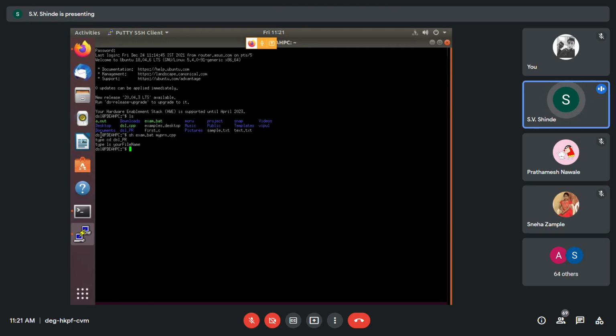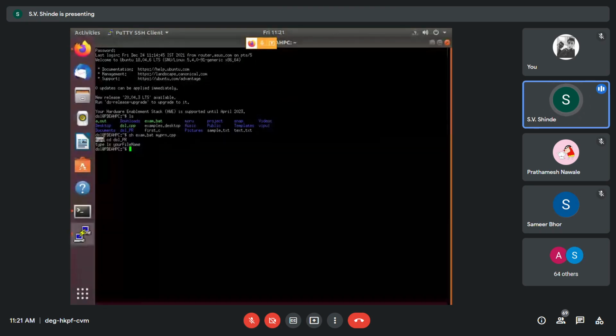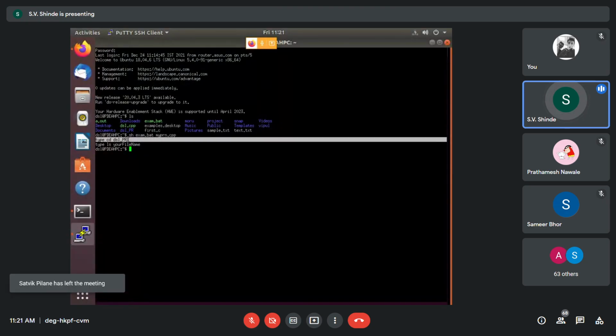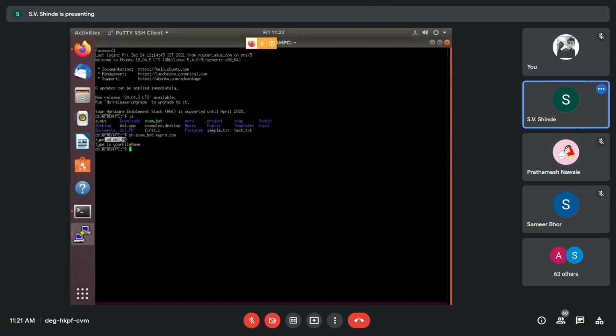Now after you quit the program, you will see a command help, that is type cd space dsl underscore pr. Able to see this highlighted one? Okay, so first command over here is cd space dsl underscore p capital R and give enter.